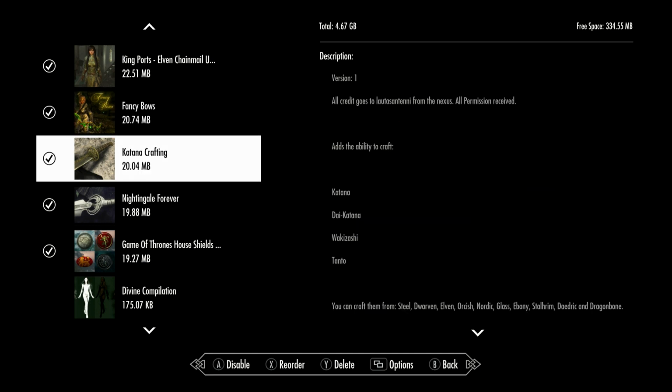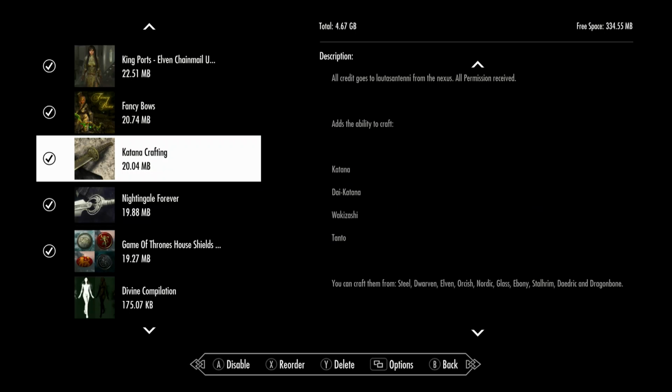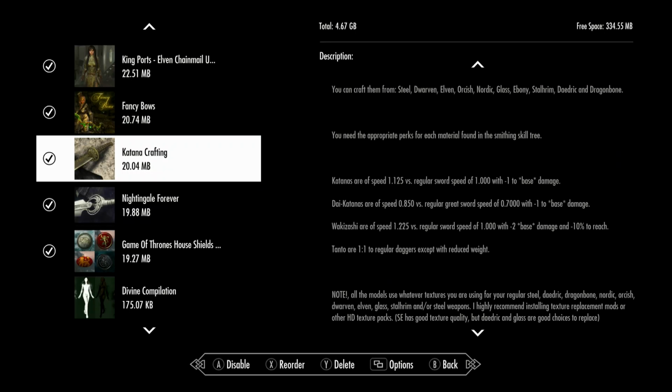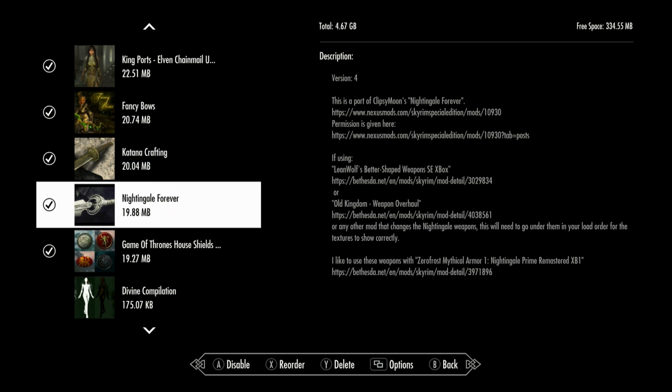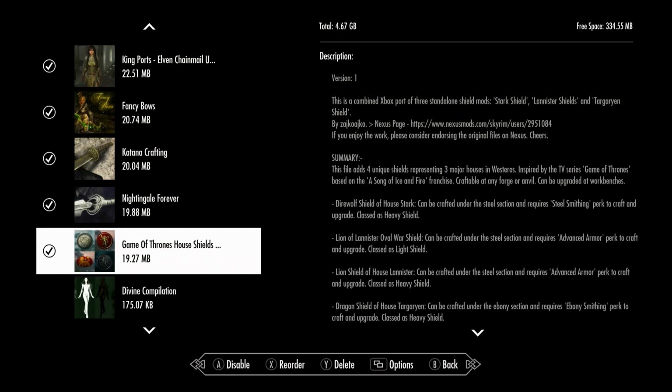Katana crafting, I just really liked this. It adds a katana to all the different types of armors and weapons, and I like the idea of being able to have a katana. Nightingale Forever, I really like this sword and shield set, so I like these shields here. The only one I've tried, but it keeps looking goofy to me, is the oblong one, the one that's more egg shape and less round. I don't get into that one as much, but I have tried